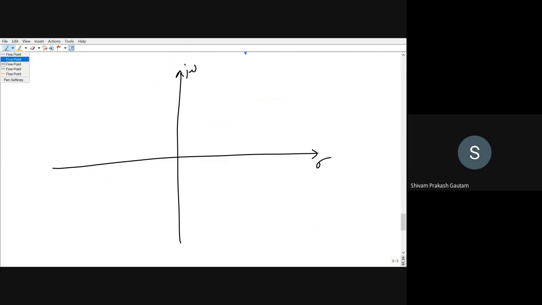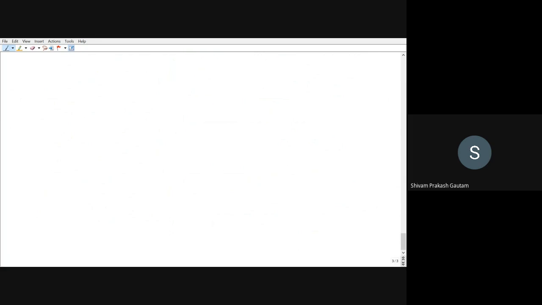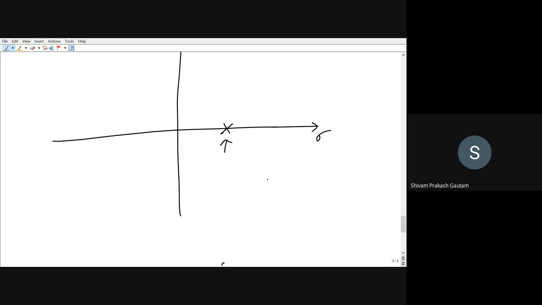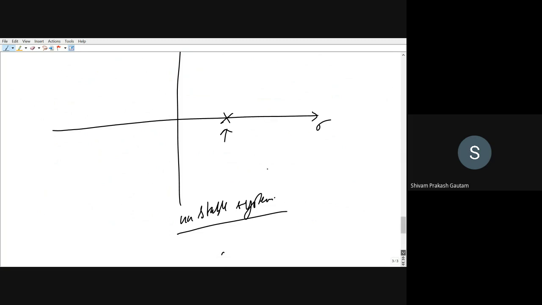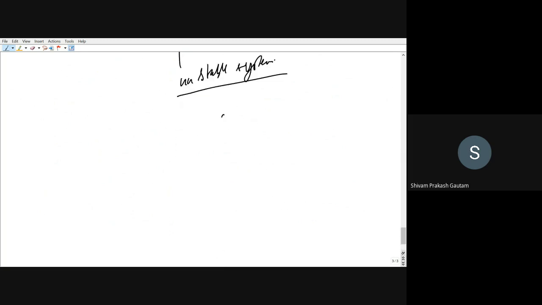That condition says that irrespective of all the other poles, if your system is having 10 poles, and out of 10 poles 9 are on the left hand side but a single pole is on the right hand side, then that system is said to be an unstable system, right? So this is for an unstable system.